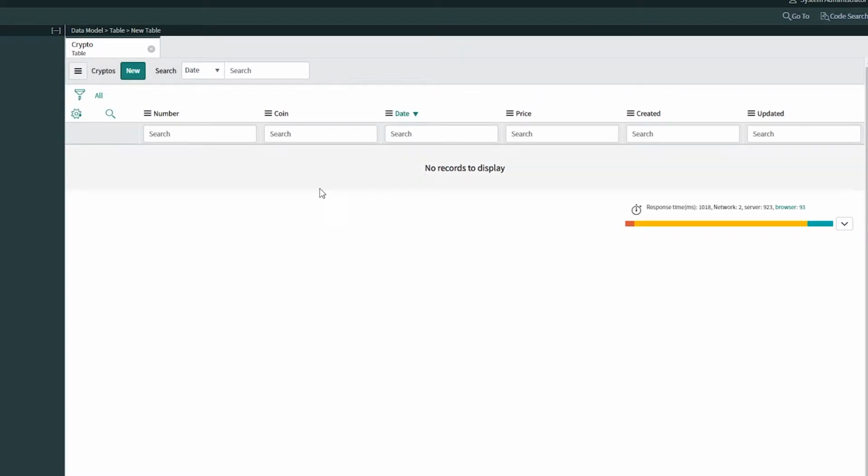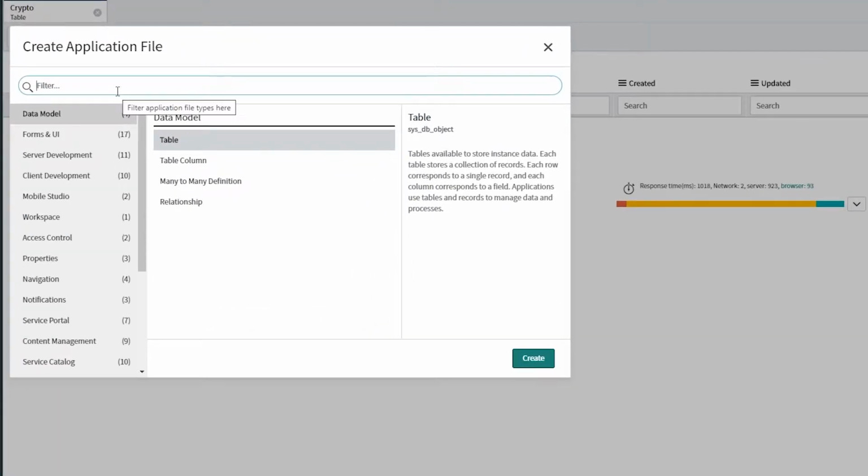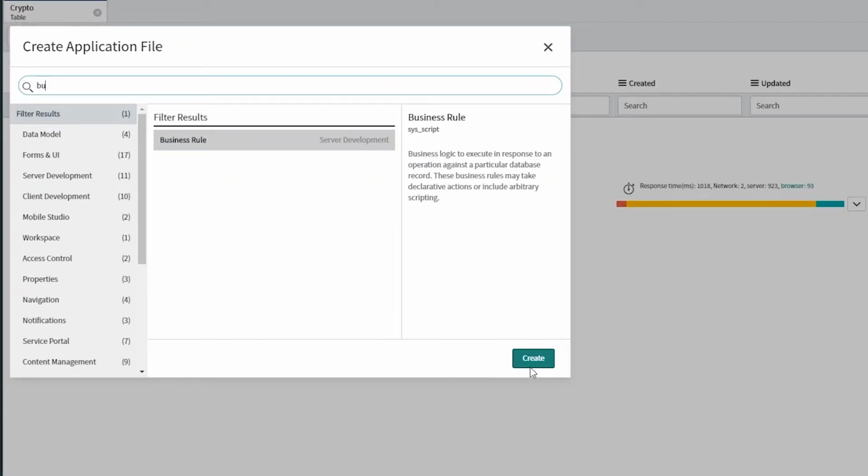We are going to write a business rule now, and then we have to make sure that the date that I'm going to have here in the created field, it should be the same date that we have in the date field. Okay, I don't want to have here today's date if I'm importing data for today. So for that I'm going to create a business rule. So look for business rule here, click on create,